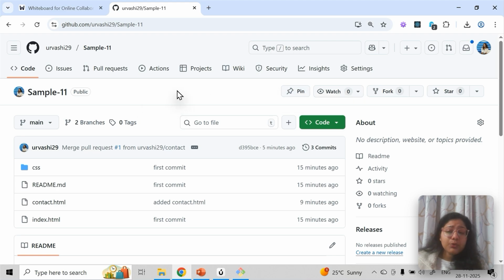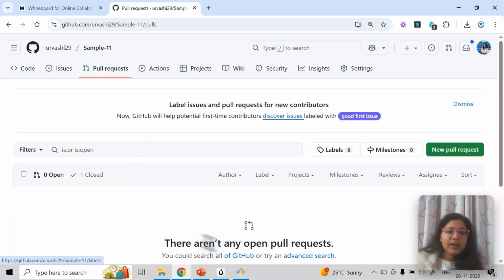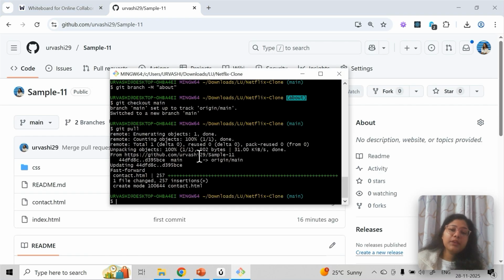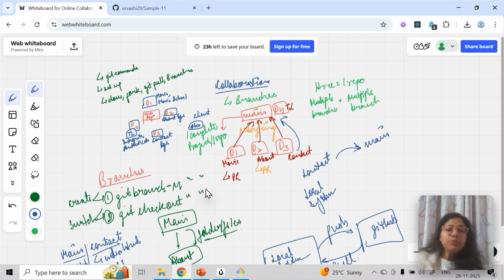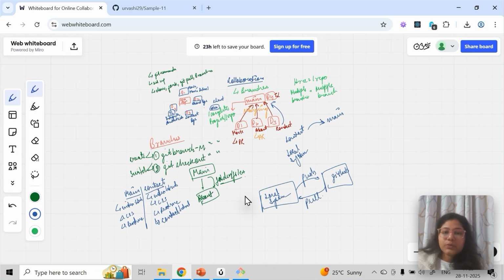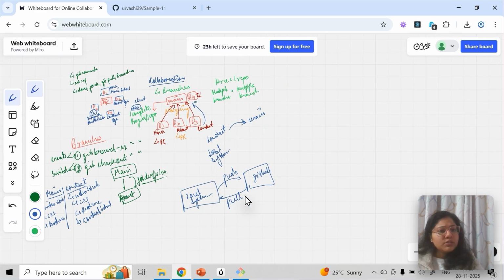A pull request will be created, and then the notification will come to the developer side or the team lead side and show pull request one, and then they will come and merge it. Once they merge it, main will have the latest code, so others have to pull it from main. So git pull is the command to pull the latest code from main, or any branch, not just in this.